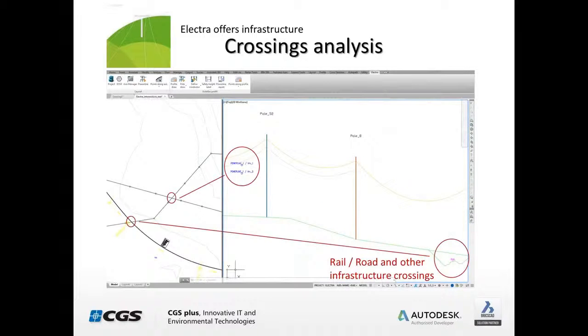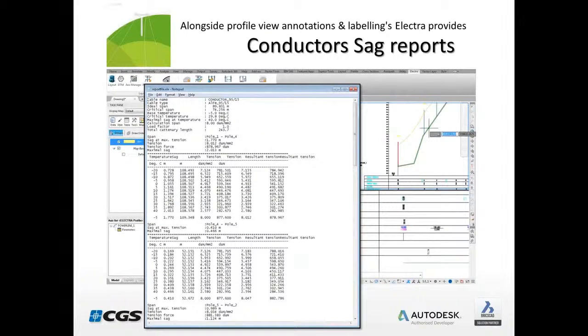What's also important is that the user can check the crossings towards other infrastructures like rail and road, where usually a 6 meter distance between the conductor and the upper point of any infrastructure is needed. Okay, and the last, and let's say the most important thing, is the production of conductor sag reports, where basically